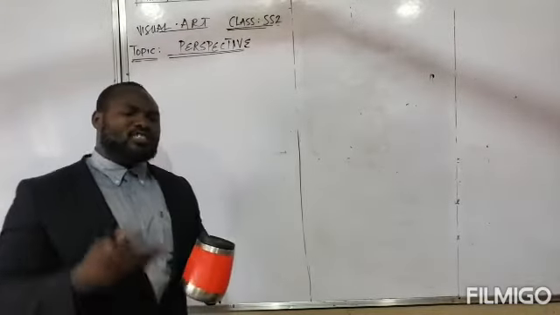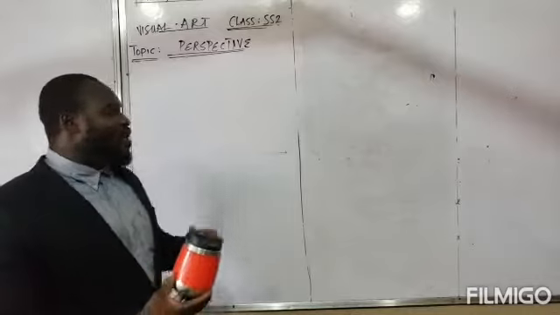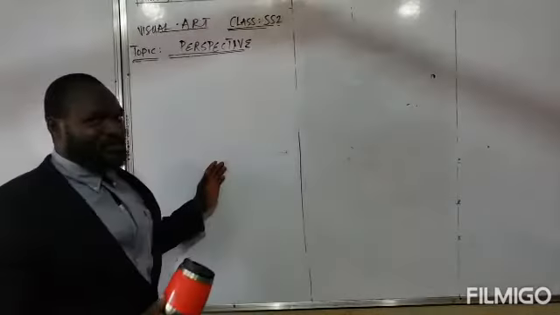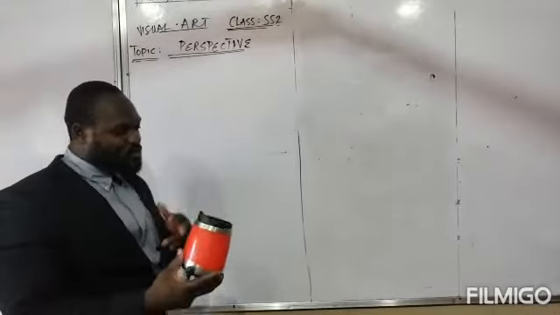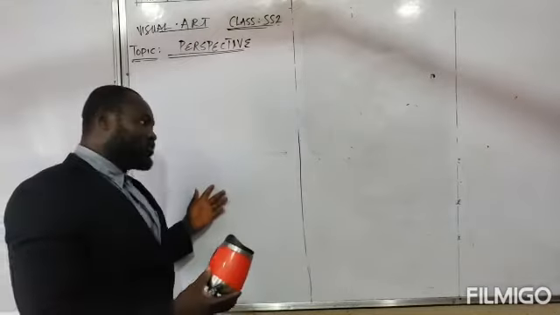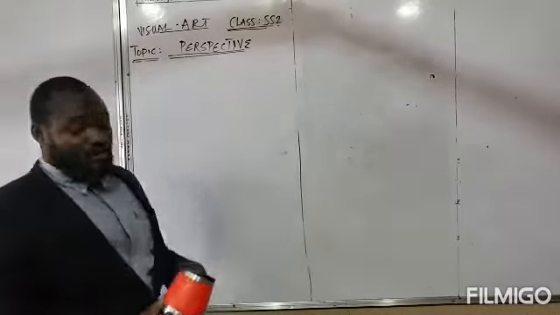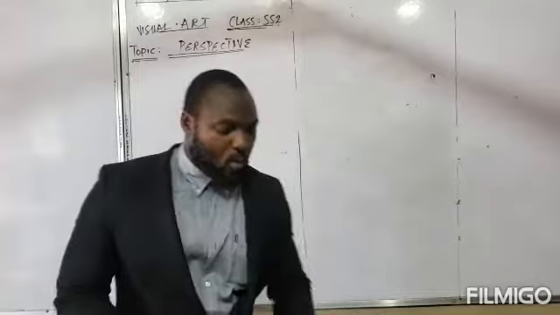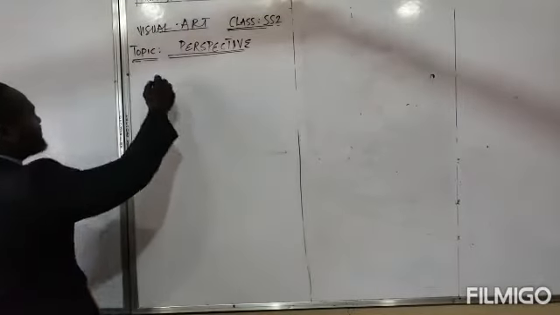Now, how do you draw this three-dimensional object on a two-dimensional surface? Because this is not a three-dimensional surface. It's a three-dimensional object and a two-dimensional surface. So you have to use perspective to get that. So let's go. Perspective can be defined